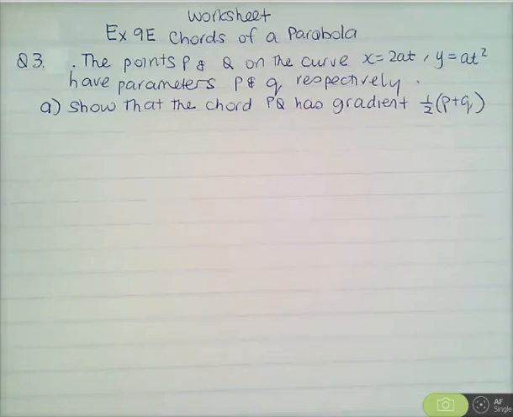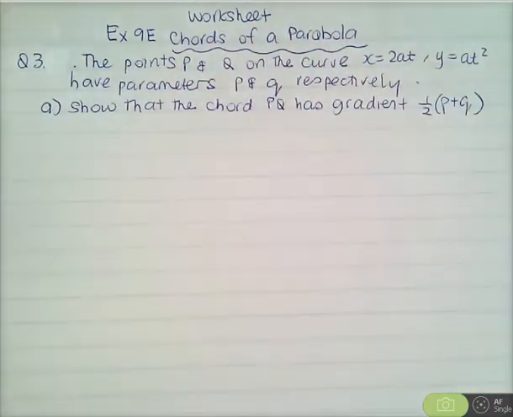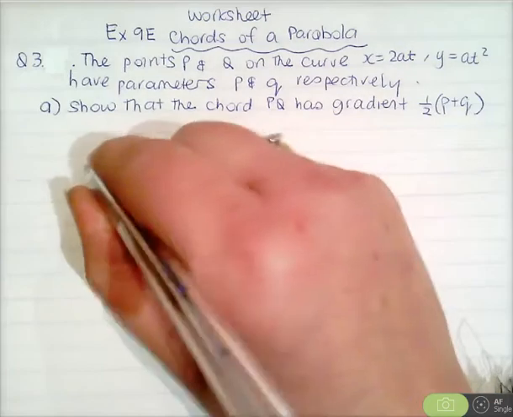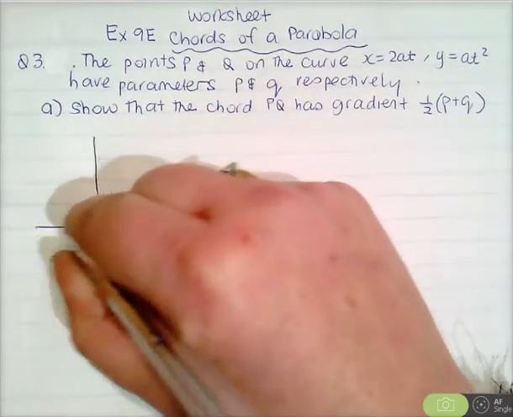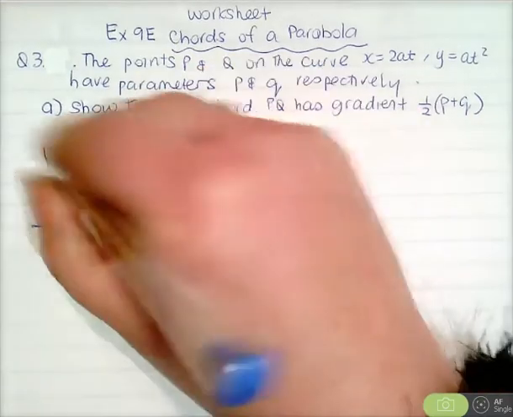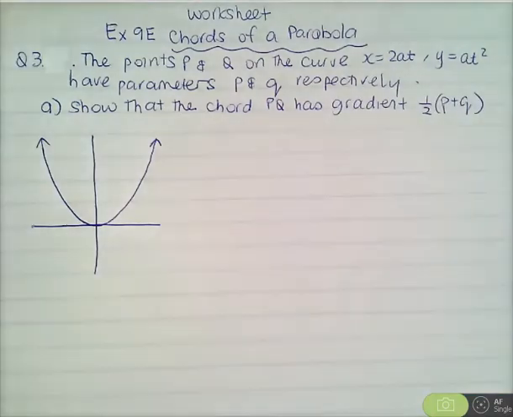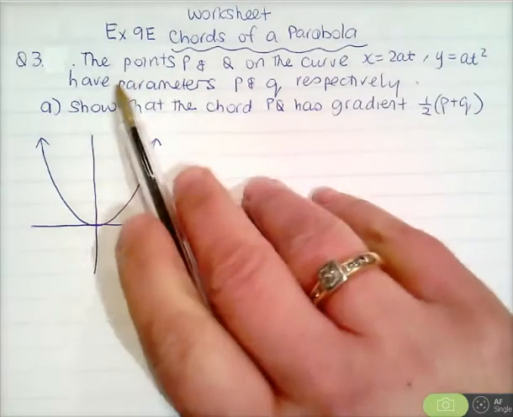Okay, this is some questions from the worksheet on parametric equations. It's worksheet exercise 9E and it's called Chords of a Parabola. And in this exercise we look at finding the equation of a chord of a parabola, but using parametrics. So we'll be generally working with the parabola x squared equals 4ay, but what they're telling us here in this